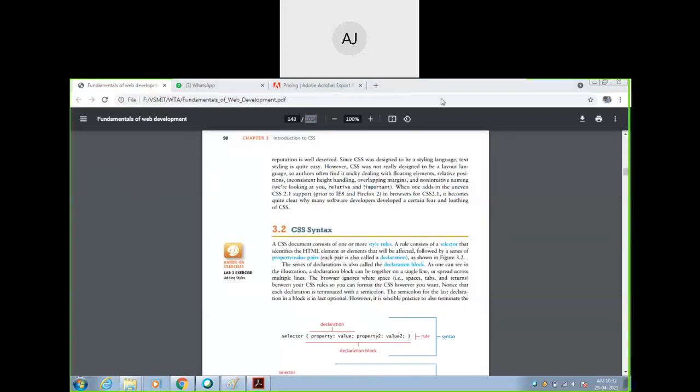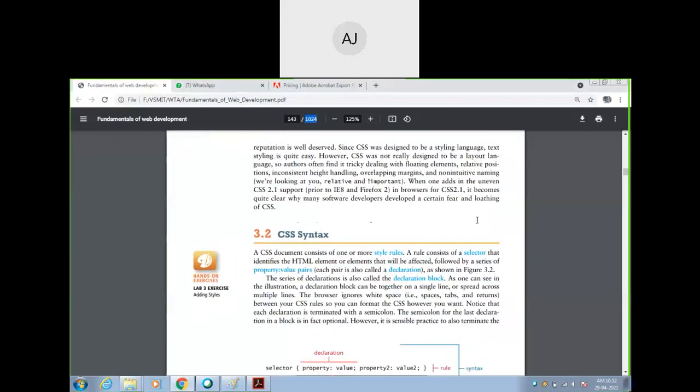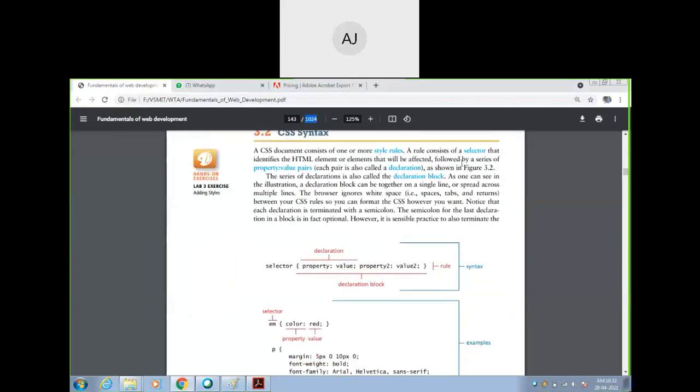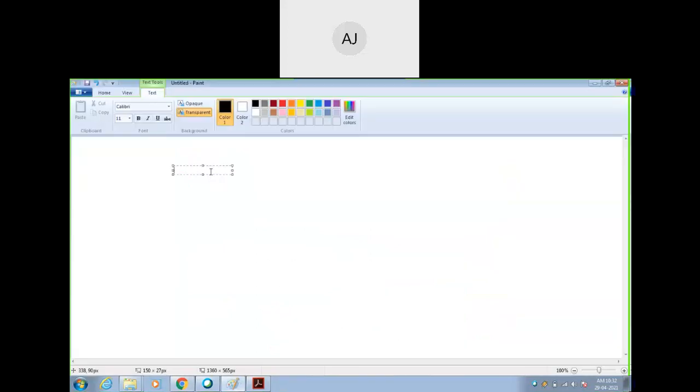So let's go here and check once again. CSS syntax. This is called style rules. In this way you are representing the CSS. For example, with the selector. A selector is nothing but a tag from your HTML. Take any tag that is in the HTML. Here property means attribute, whatever we call in HTML, and then value. I can give one small demonstration here. So here I can use element